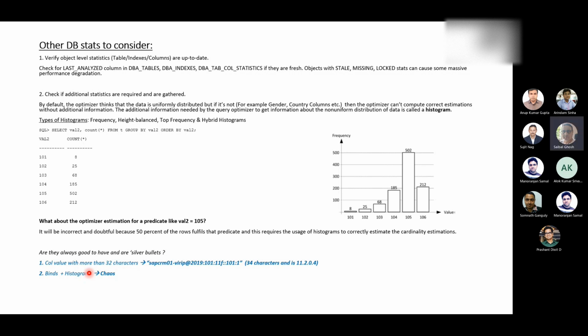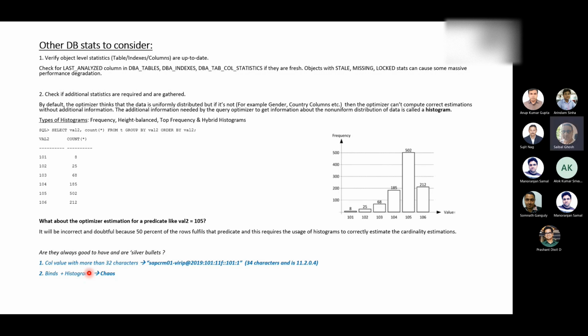For example, if the first query was run through binds and according to that query an index range scan should happen, but now the bind value has changed and ideally it should follow a full table scan. But because it's not reparsed yet, it's still in the library cache, and bind peeking happened the first time, it will still follow the old execution plan. Ideally it should happen as an index range scan, but now it will still follow the full table scan.